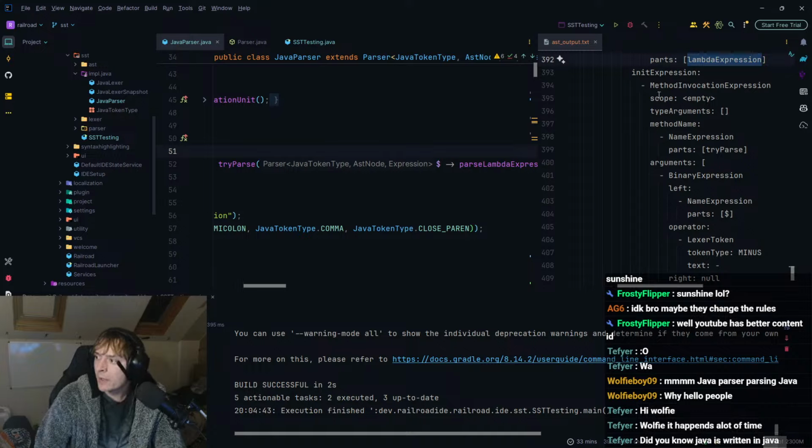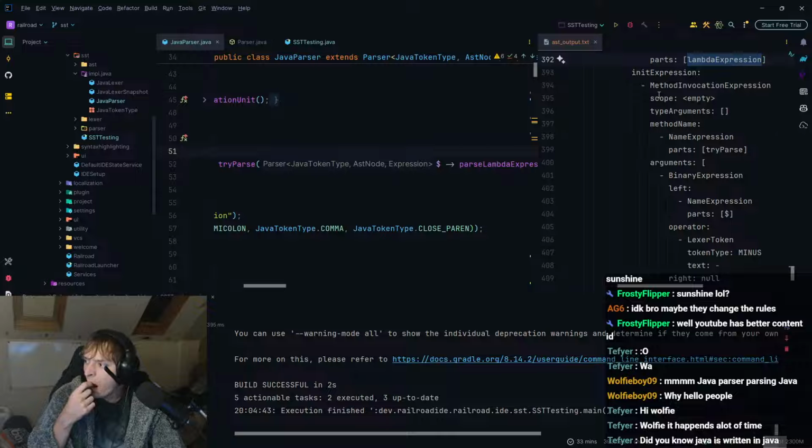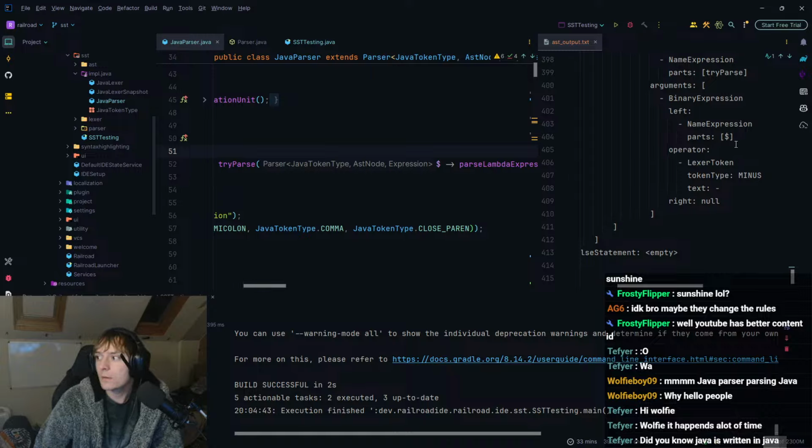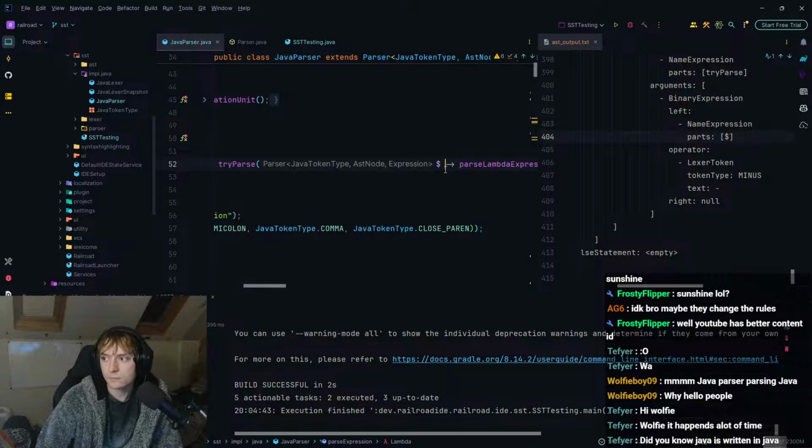Okay, so it basically finds a method invocation. Oh, I see. So it finds the $sign, right? So it figures, okay, we found an identifier. Then it finds a minus, right?